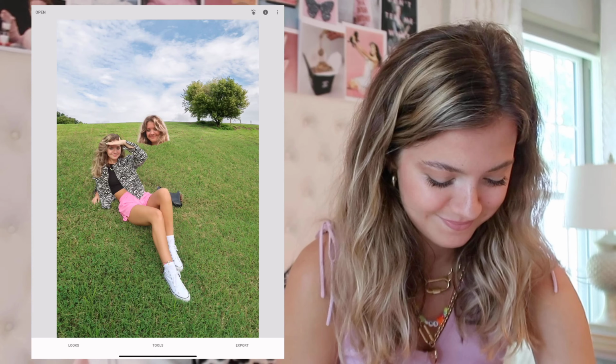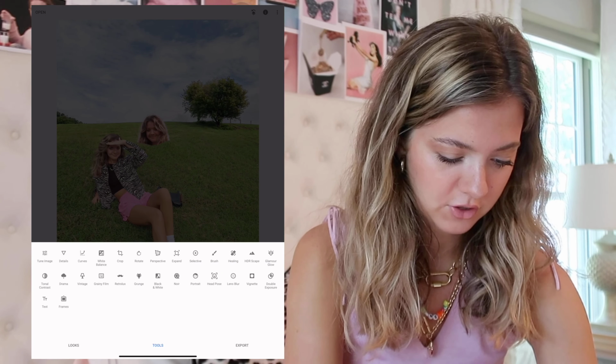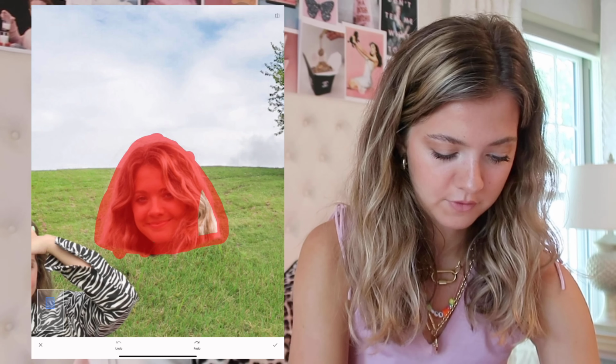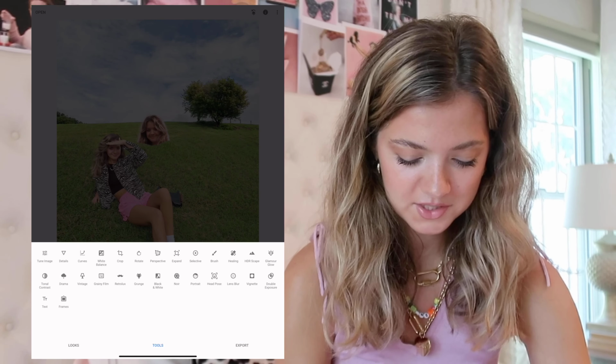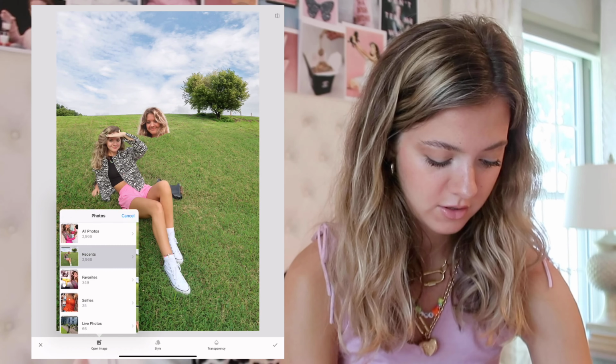Okay, so here we are. And I love the healing tool on Snapseed, so I tried to use the healing tool and just see if it would work for me. And it did not, so I'll just show you. Yeah, no. What we're going to do is go to Tools, Double Exposure, Open Image, and then click on the